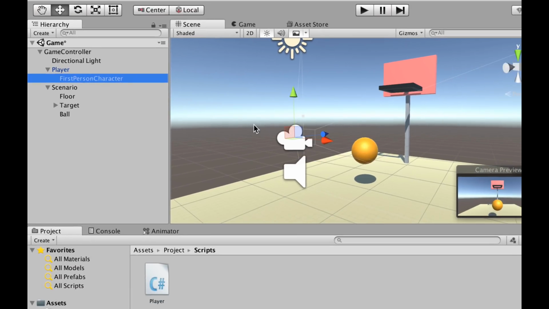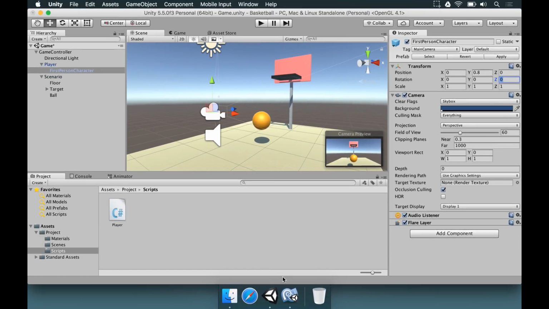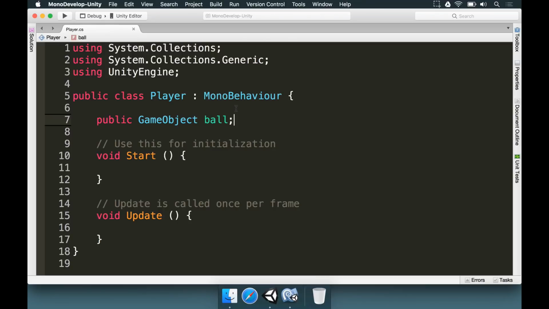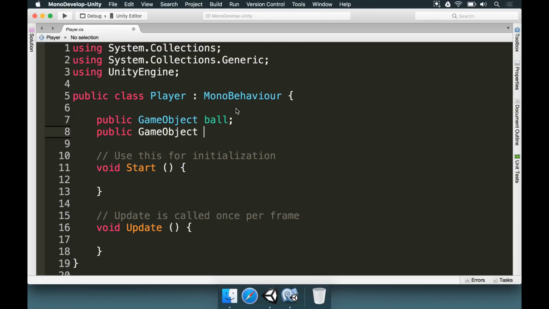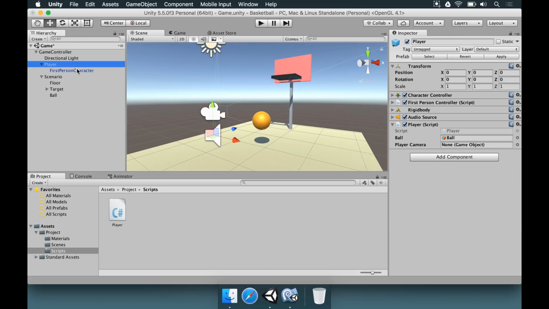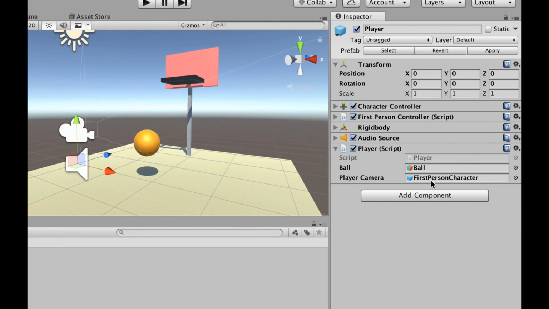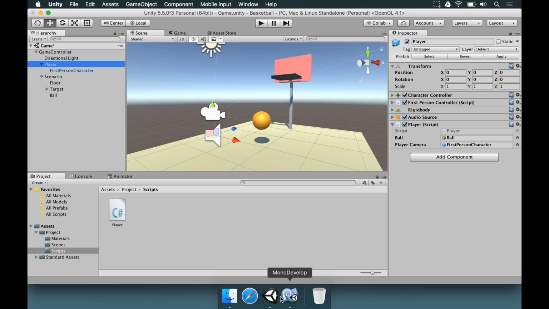And why is that? As the player is rotating around by moving the mouse, this camera here is going to have a different rotation. So we need to have a reference for the player's camera. So I'm going to come here in the player and type public GameObject playerCamera. Okay, let's save this, go to Unity, wait for the code to be processed, and after that we're going to grab this first person character object from here and drop it here. It's the one that is holding the player camera. Okay, now that this is done,